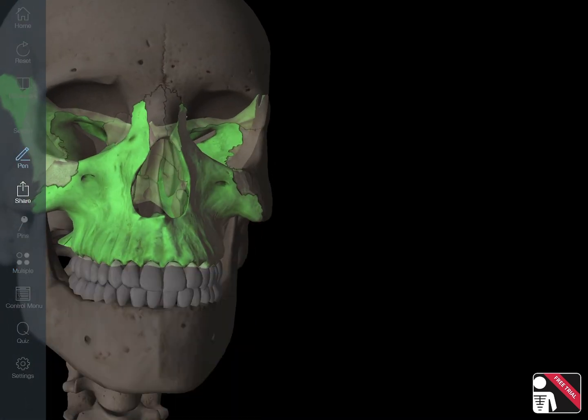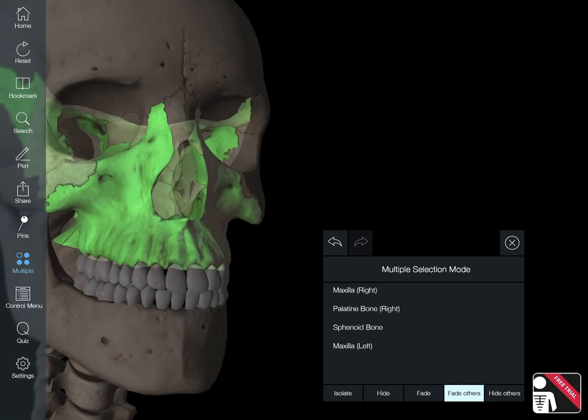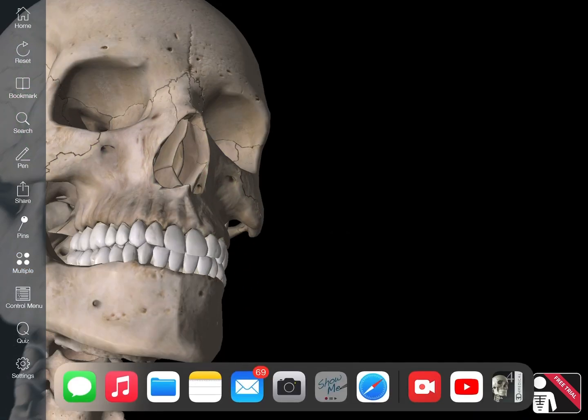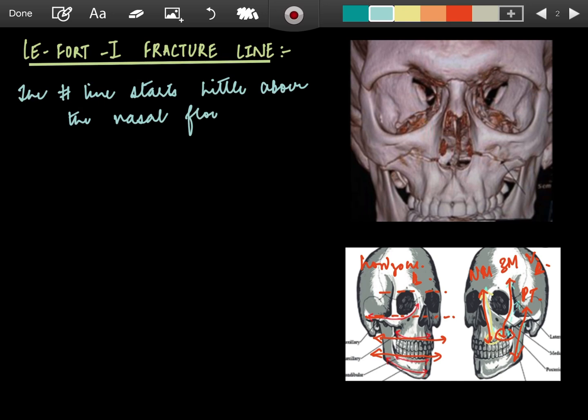So this is the part where the LeFort 1 fracture occurs. This is the maxilla and these are the pterygoid plates. So coming to the theoretical part, basically the fracture line starts from a little above the nasal floor or the anterior nasal spine at the